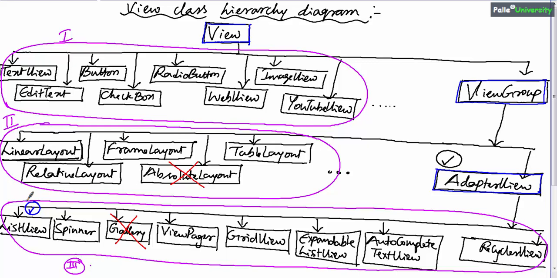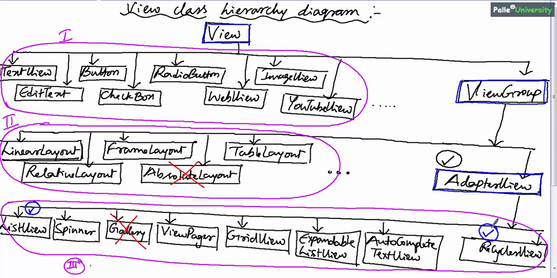Along with list view, I will be giving examples on each and every adapter view like spinner, and so on. After list view, the last view, that is recycler view, plays an important role. This recycler view is an advanced concept introduced in Android 5.0, that is Lollipop. You can imagine recycler view as a kind of advanced list view. They optimized list view in 5.0 and released it as recycler view. Recycler view is efficient and faster than list view. Anyway, first we will discuss list view, then we will discuss other adapter views.